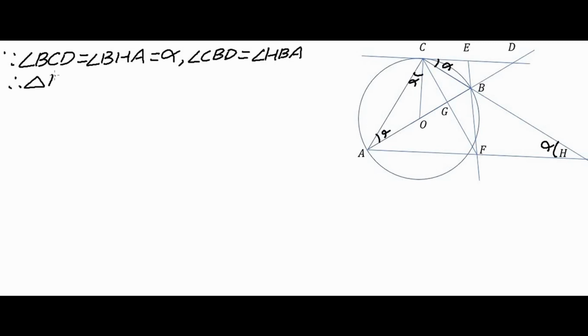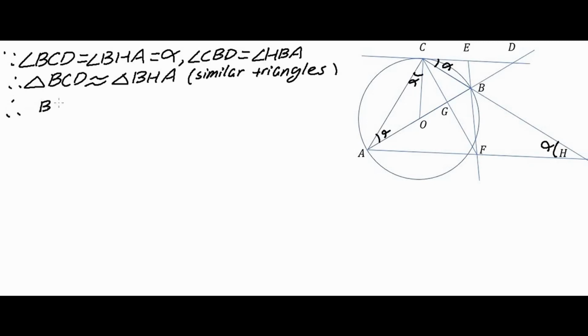Therefore, the two triangles are similar. Now, recall the properties of similar triangles. All their corresponding sides are in the same proportion. This means that BC over BH equals BD over AB equals CD over AH, which gives us equation